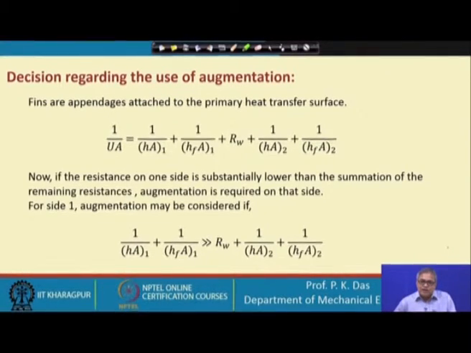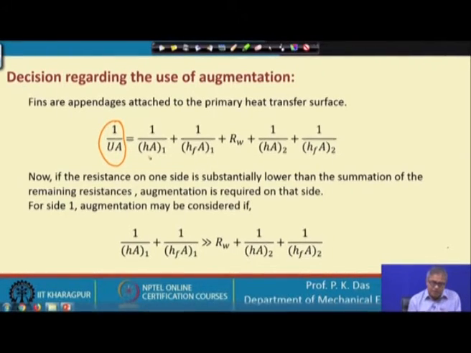On the fluid 1 side there could be some fouling, for that there is a resistance. In the solid wall there is a resistance. On the fluid 2 side there could be fouling, there is a resistance, and in fluid 2 there is a resistance. I think these have already been told. So, we can proceed. Bringing in the overall heat transfer coefficient and area, we have got 5 resistances.